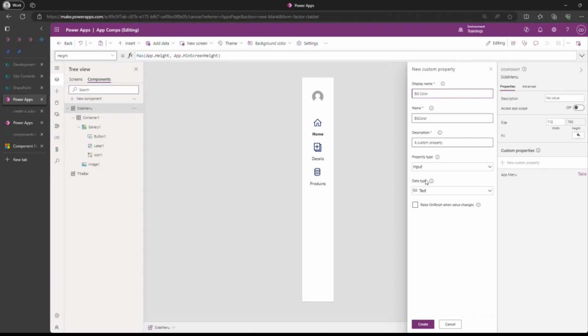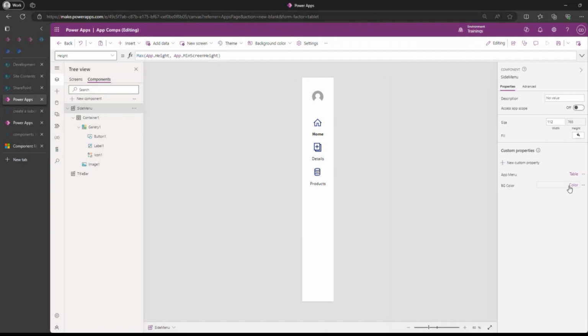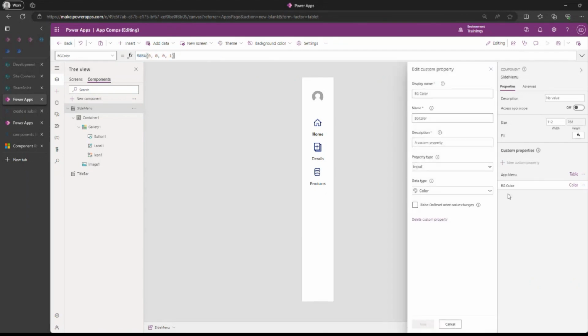Okay, when you call this BG color, you change this to a color type. So we have color here, we have all types of data types. So I'm going to select color here and I'm going to create. And when I create, I'm going to set this color to -1, so transparent black